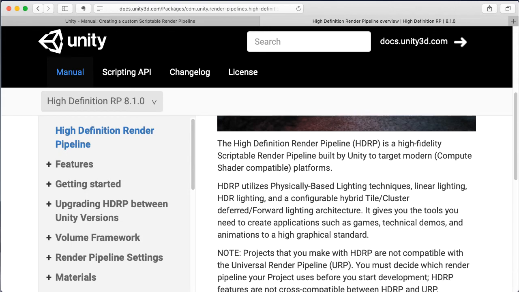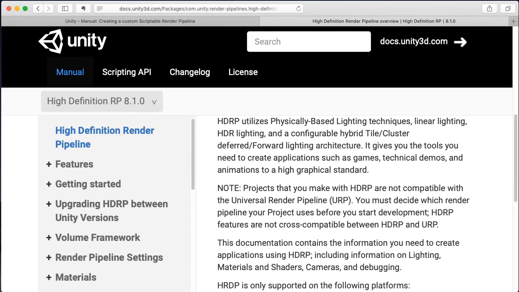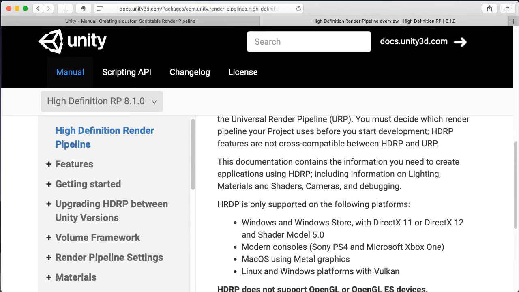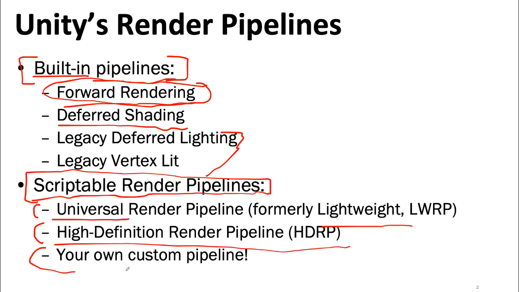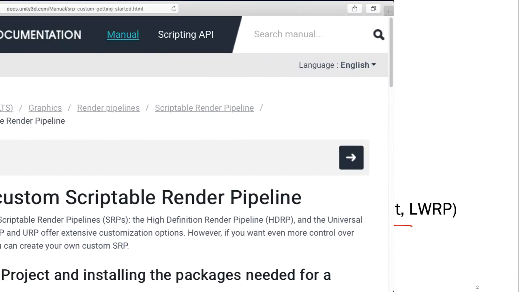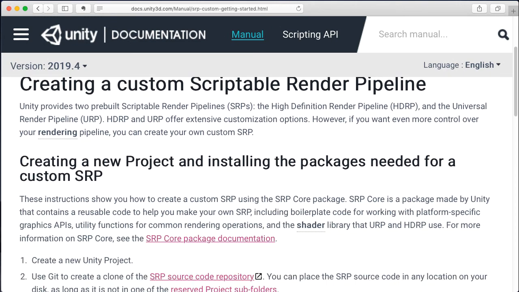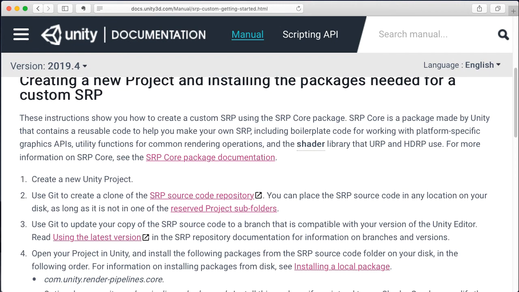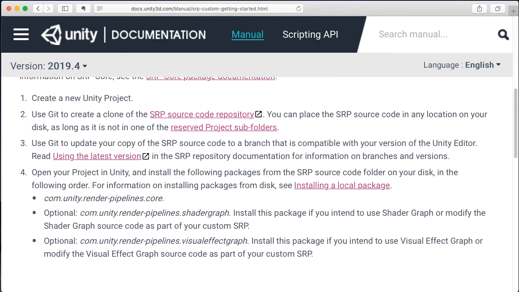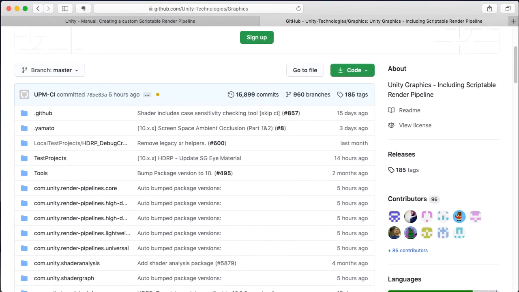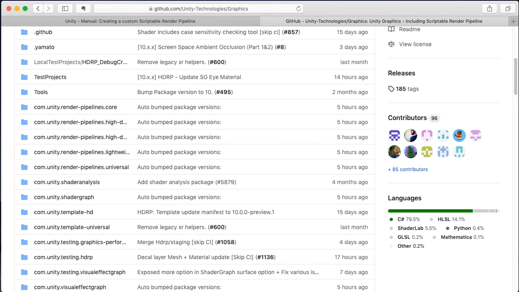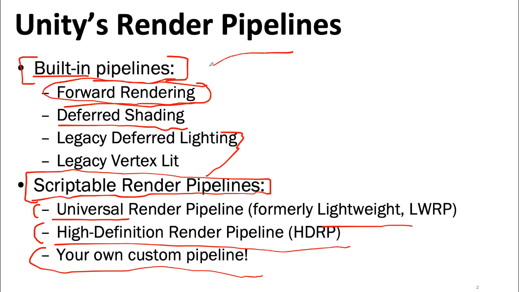And both of these aren't special. They were written by Unity, but they were written using the same kind of functionality you have if you want to write your own custom pipeline, either from scratch, which I would really not recommend, or by taking one of Unity's provided pipelines and then modifying it to do what you need. Because the source code to the scriptable render pipeline is available to the user, unlike the original built-in pipeline.